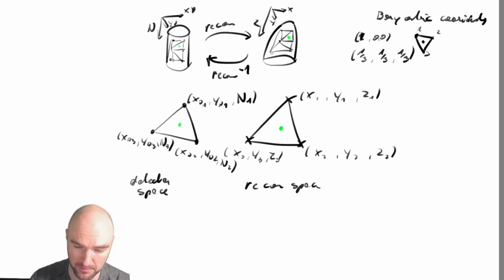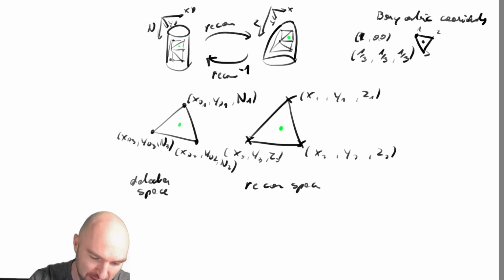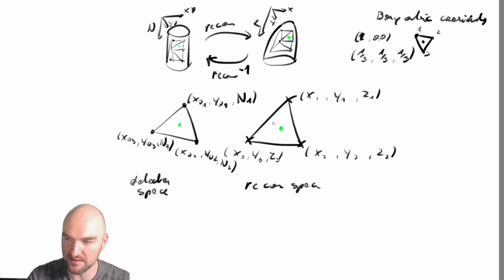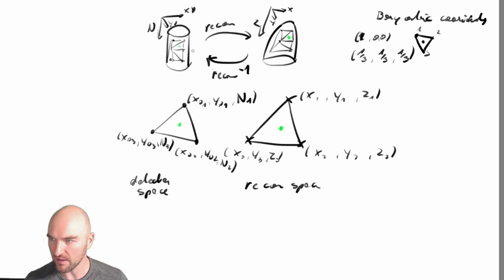How do we build up the tetrahedral mesh? That's actually relatively simple. You just take your atomic coordinates, either all of them if you have a computer with a huge amount of memory, or you take a sample of them. You don't need to know all of the individual atomic coordinates. It's fine if you just know a subset of them, so long as the individual triangles are small enough for the piecewise linear approximation to work. So there was a lot of explanation for actually very little for you to do, because all you need to do is